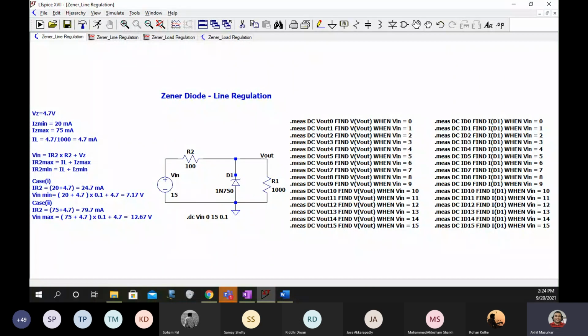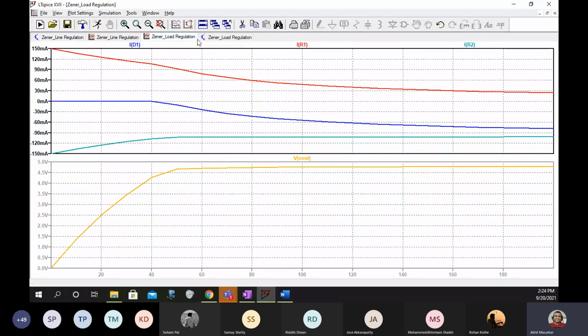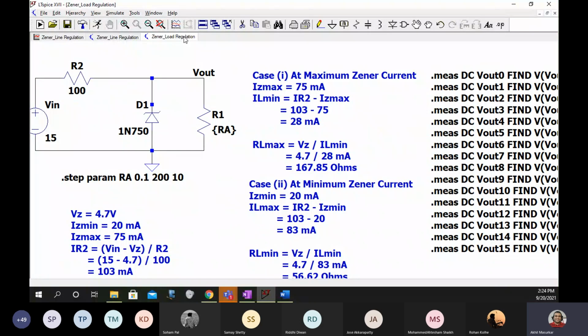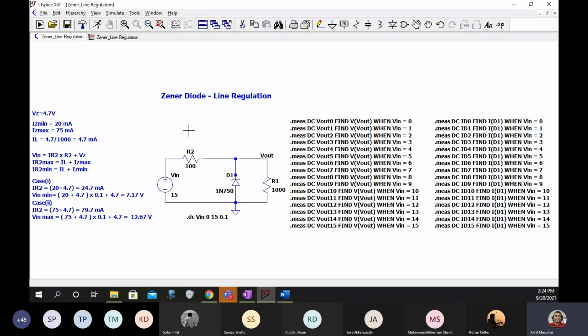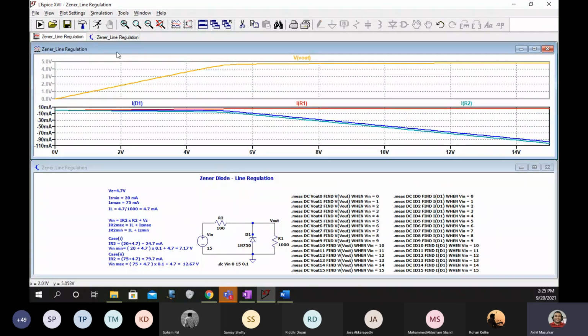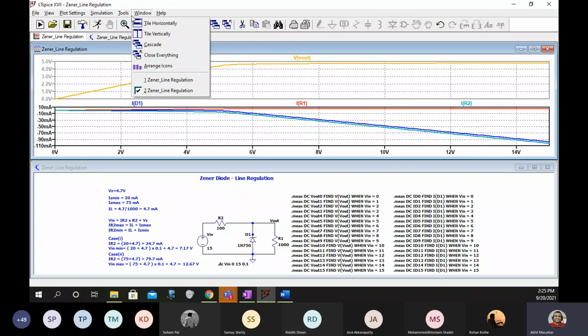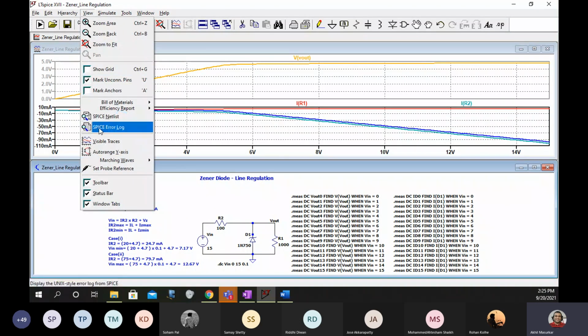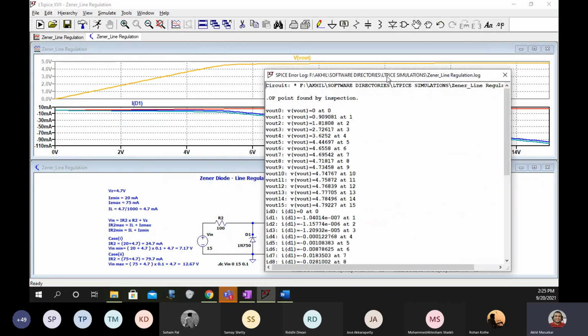Once you are done, write done in the chat box and show me the output of this, and the graph like this, and I want to see the error log file like this.